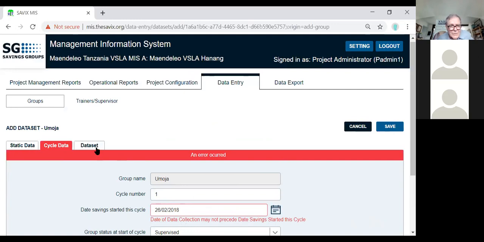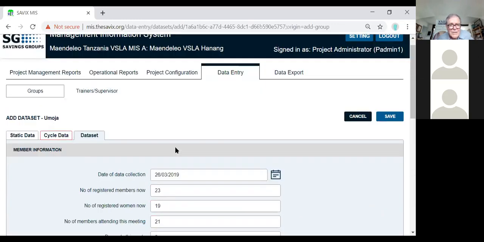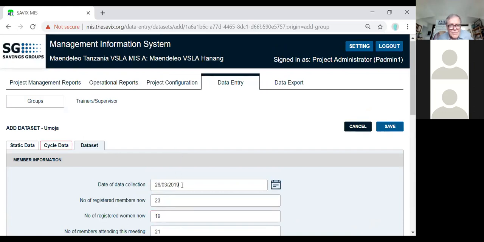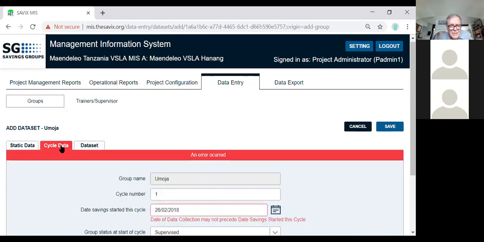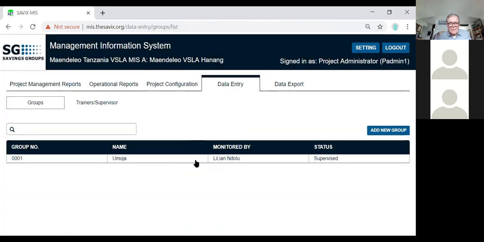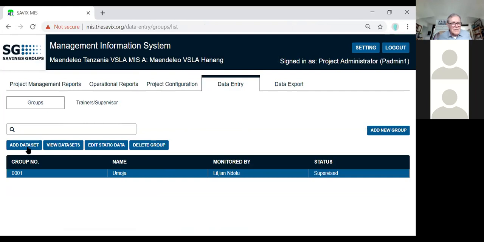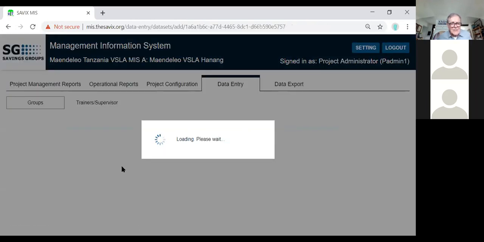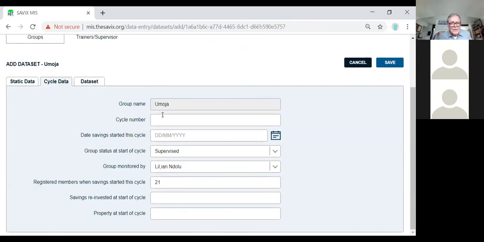Okay, now what did I say then on the data set? I said 26-03-2019. And this is data collection may not, well, that's really strange. I'm going to quit this and I'm going to start again. Cancel. Discard data. Now we've got the static data in, so let us add a data set. Okay, cycle number 1. Date savings started this cycle